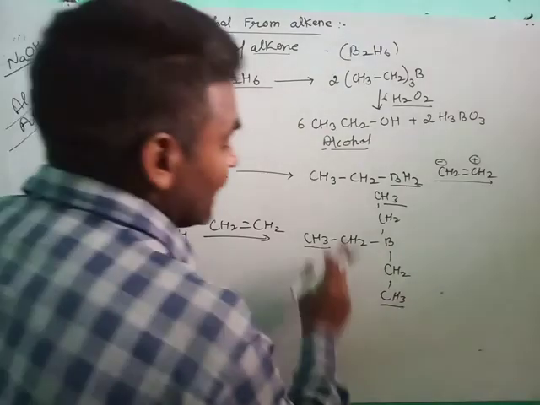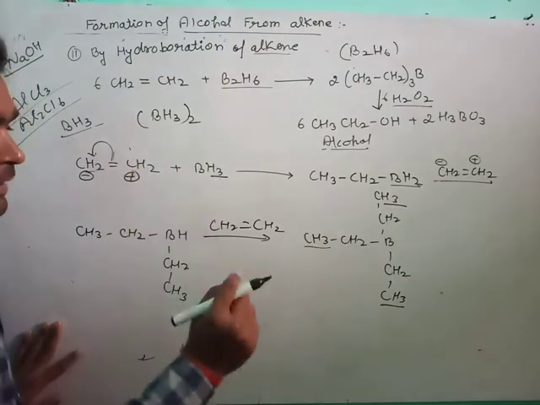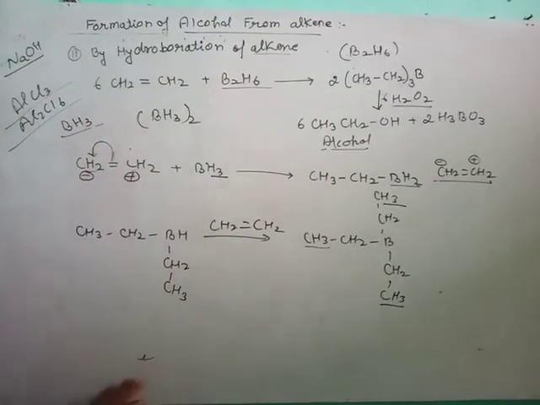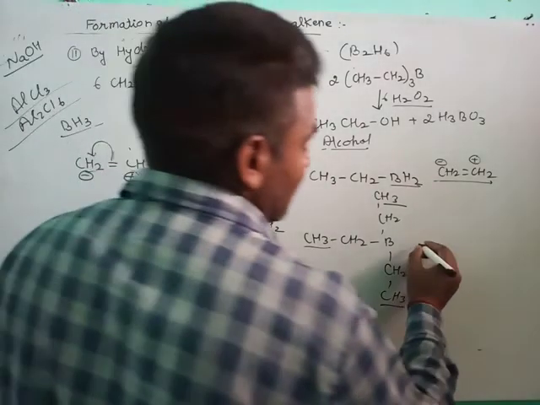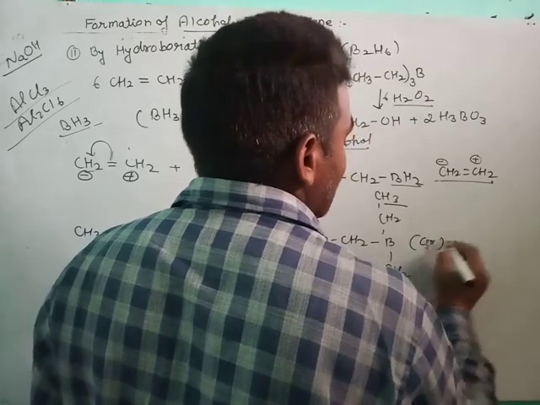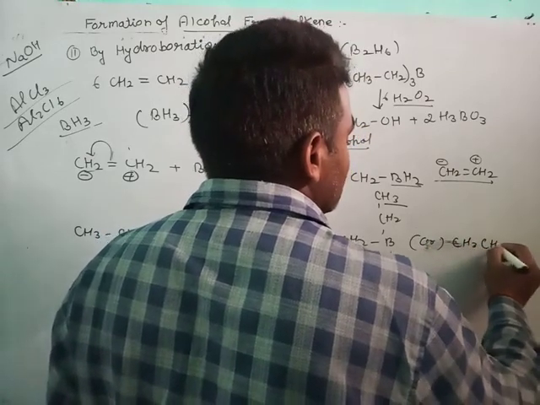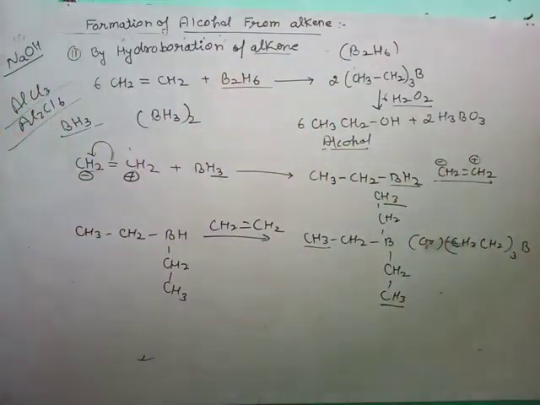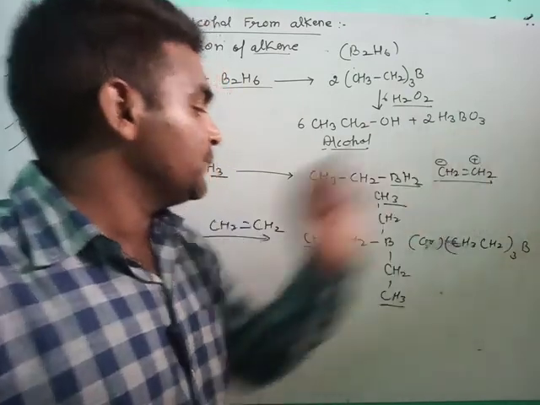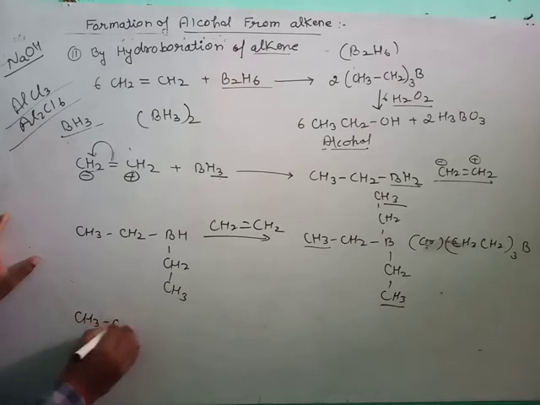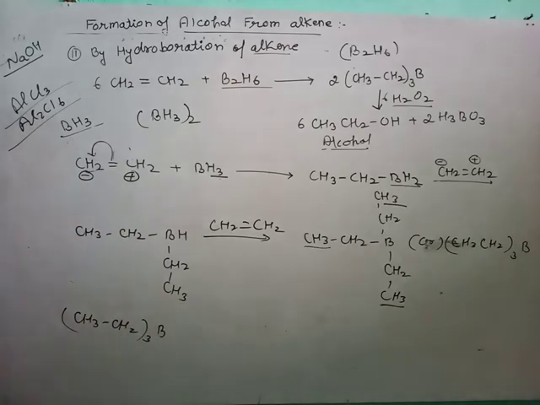This compound is called triethylborane. It can also be written as (CH3CH2) whole thrice into B. And in the last step, CH3 CH2 B reacts with